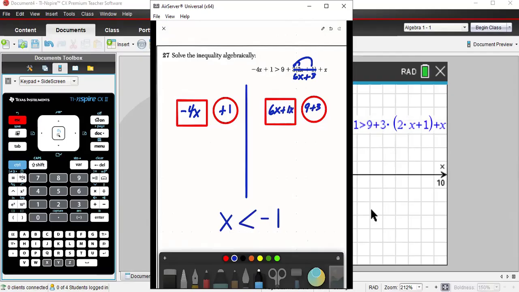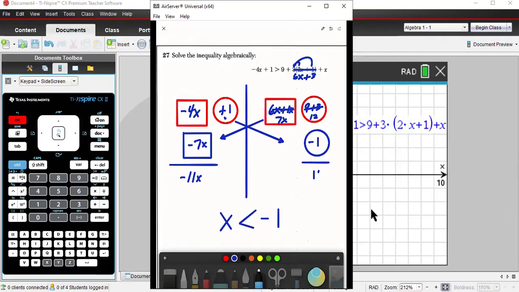So combine the like terms. This is going to be 7x here. This is going to be 12 here. Now, boxes go with boxes and circles go with circles. All right, so over here, cross the line, change the sign, or we're going to do the inverse. So if this is a positive 7x, this is going to be a minus 7x. If this is a positive 1, this is going to be a minus 1. Then we just combine. So we're adding these boxes, so it's going to be a negative 11x here,